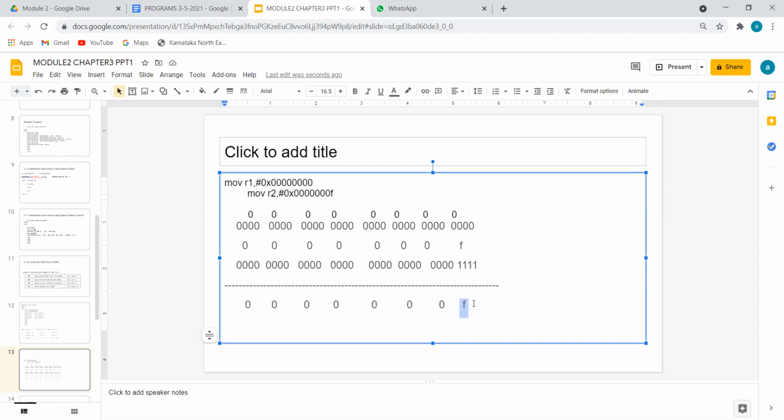So there is one symbol called F, which leads us to 1. So total of 32 bits. Hence we will get it as